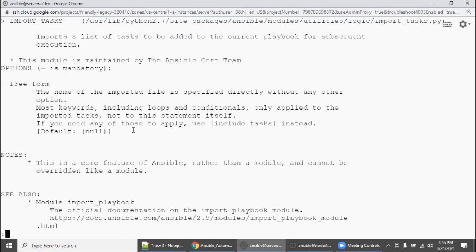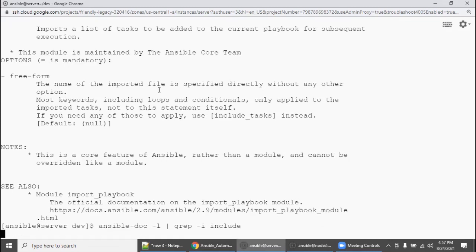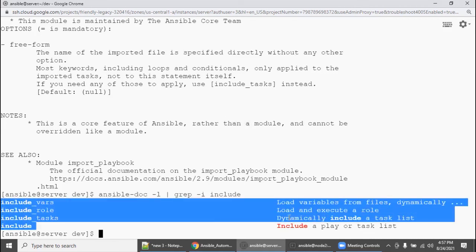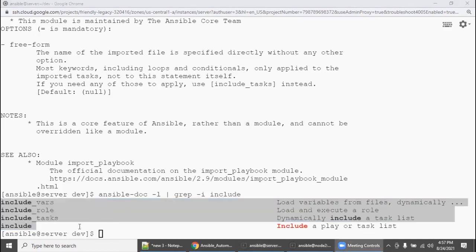This is one of the modules. With ansible-doc -l and grep -i include, there is another include module that we also need to understand. See here. Then while going to Ansible roles, it will be easy for you to understand.